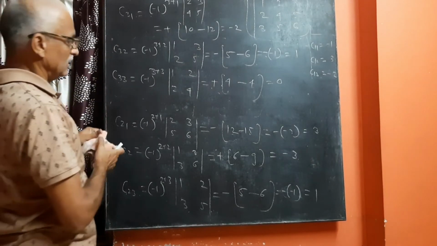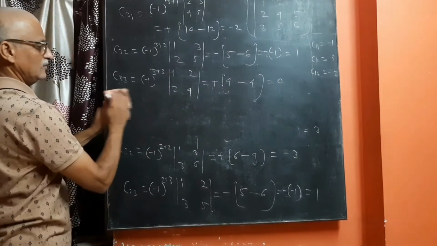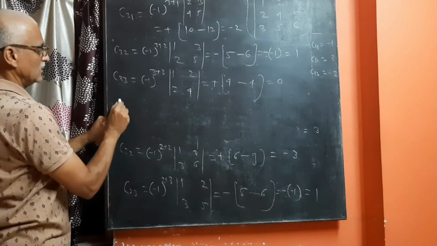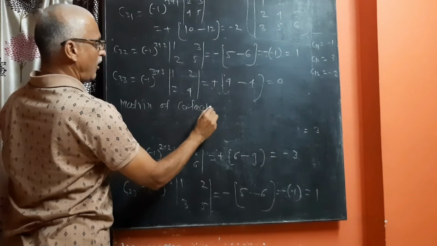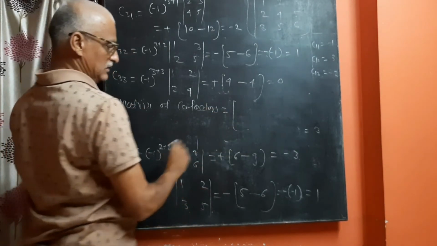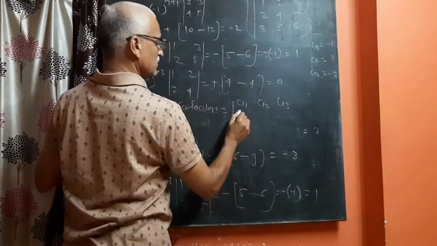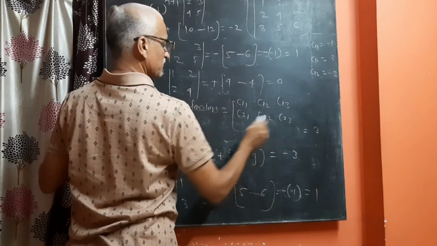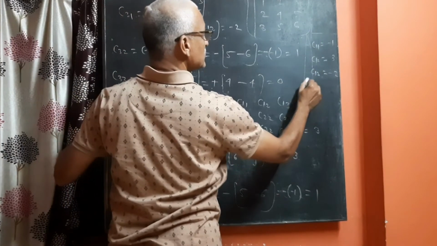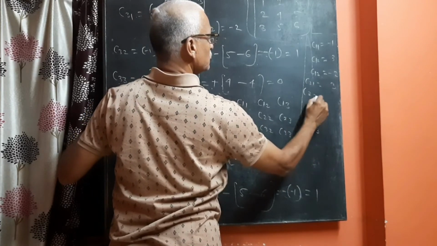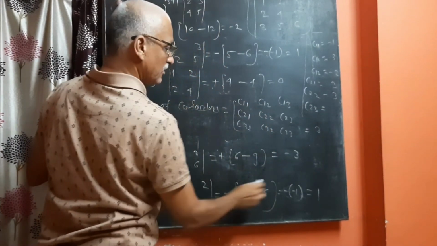Now we will write the matrix of cofactors. So matrix of cofactors is equals to, since this is the first problem, we write down it in the form of C11 C12 C13 C21 C22 C23 C31 C32 and C33. यहाँ पे आपका C21 मिला है हम लोगों को 3, C22 we have got -3, C23 that we have got 1.